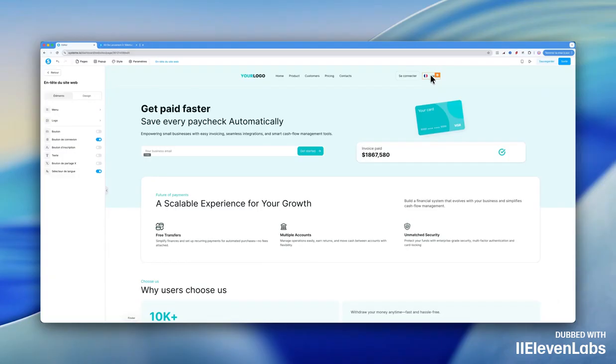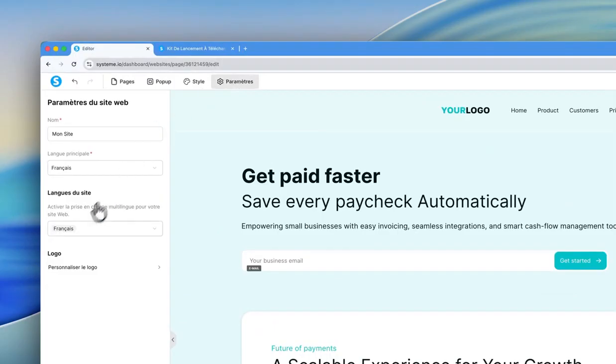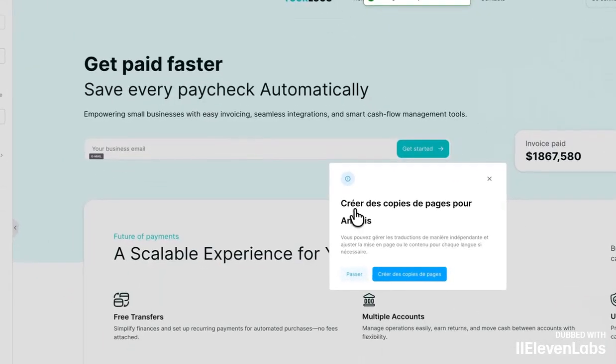It's absolutely brilliant. It's done automatically, and I can actually have several languages in my site super fast. I'll show you. So let's say I leave my language selector. For now, I only have French because this video is in French. But if I go into my settings and I come here to site language and I add languages, for example,